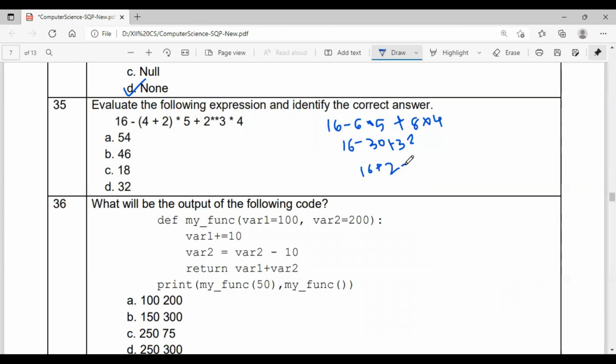We'll check whether 18 is in the options. Option C is there.